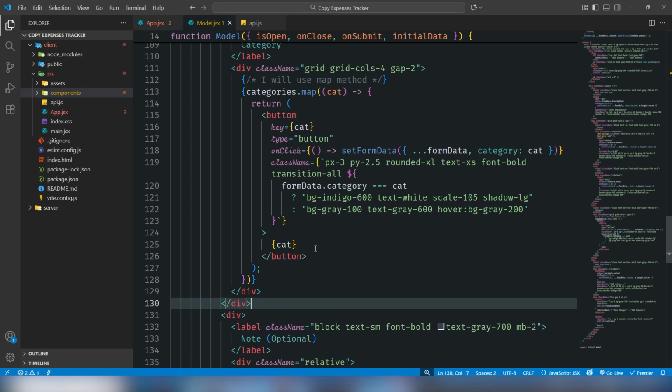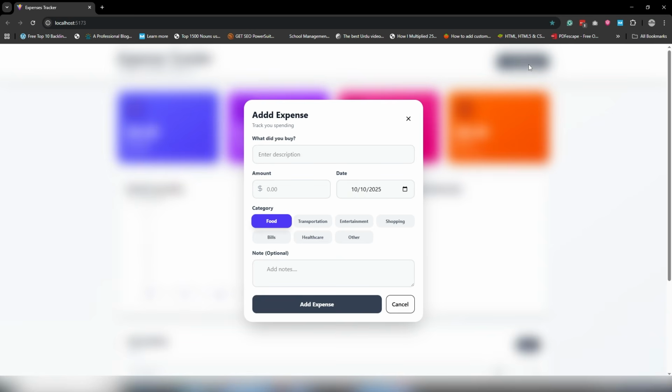Let me try to use it on there. Let me open it. Yeah, there you go guys. Alright, so let me add the value and let's see what happens. Buy a mouse 350, and I will select the shopping, buy a gaming mouse like this,